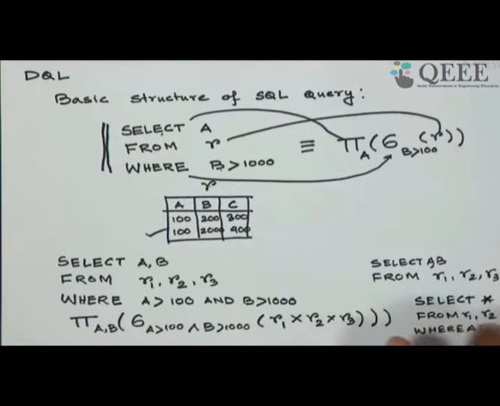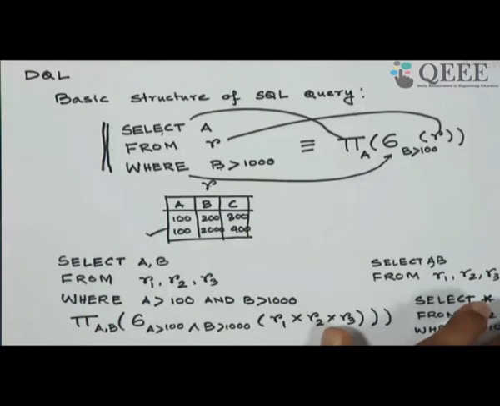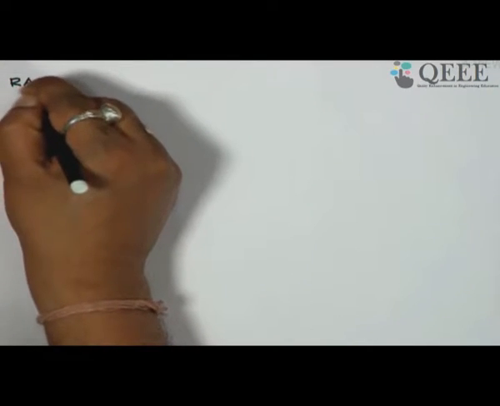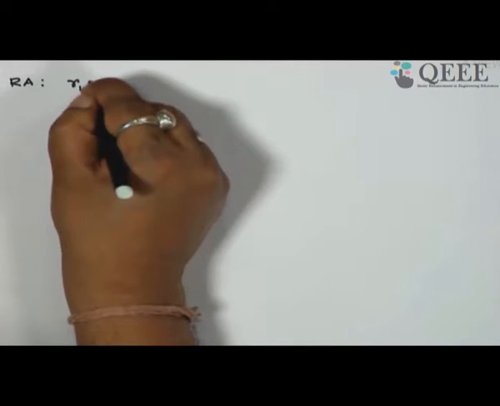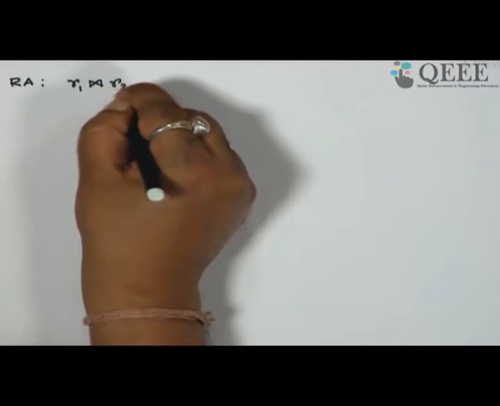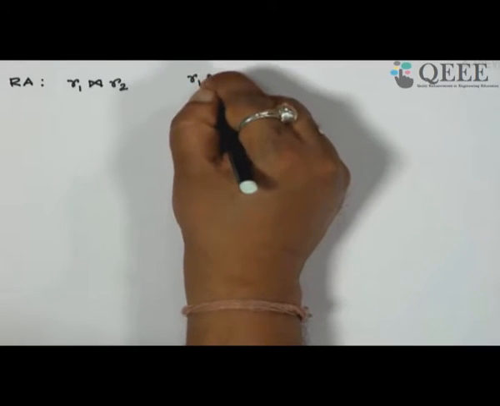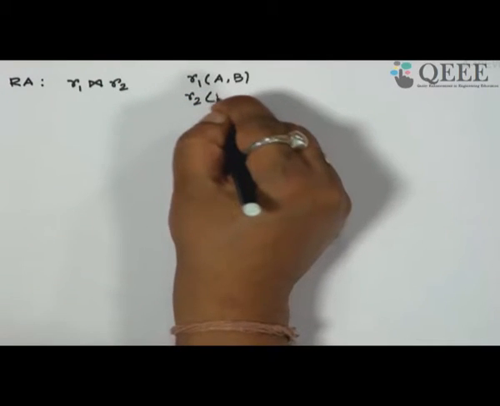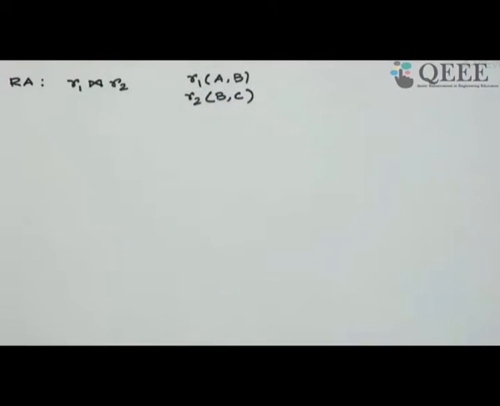So let me quickly ask you to write down the SQL query for the join operator. One of the common patterns of question that you would face in your exam is to convert a relational algebra expression into a corresponding SQL query. So in relational algebra expressions, if I have say the natural join, suppose R1 has two attributes, I write it like this, the schema, and R2 has again two attributes, I write it like this, the schema of R2. So these two are the schemas.